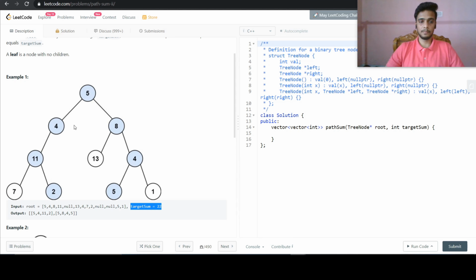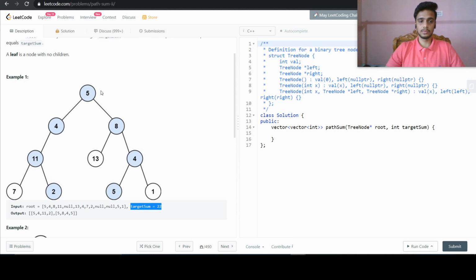Then we will pop out this one also, and then we will reach here with the current sum of 5. And then we will go to the right child of it, and follow the same procedure. And once we have reached a path, we will append it into the answer vector, which is a vector of paths. So that's how we are going to proceed.